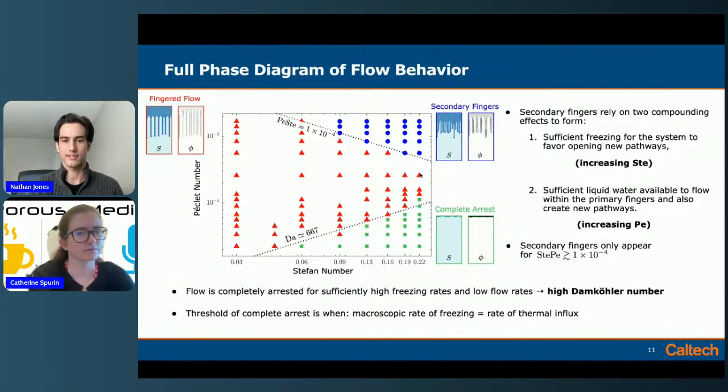Based on different grain sizes or different heterogeneities, we would expect very similar behavior, because we use physical arguments for why this upper right region exists and why this bottom right region exists. We think the boundary should still be linear, in log space of course. There should still be some threshold where you have a reaction rate that's too high versus your flow rate, or this sort of compounding effect. But yes, these actual numbers would change. Here we're presenting this for one snow type.